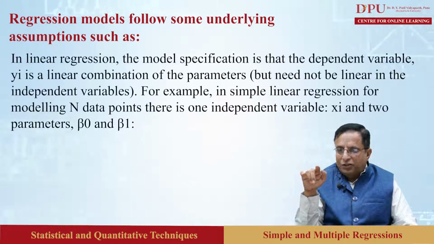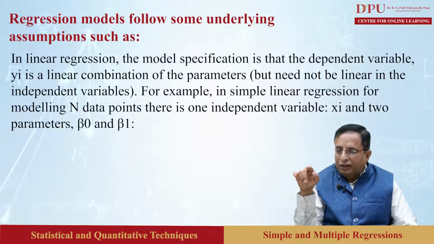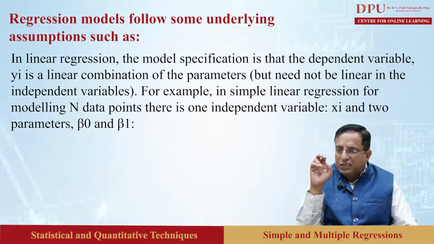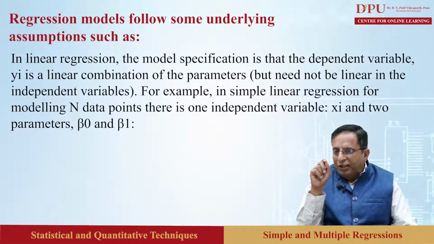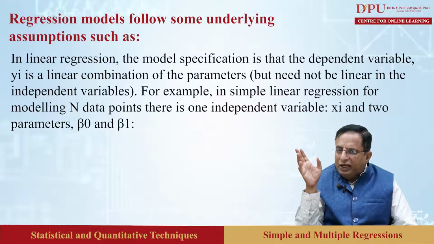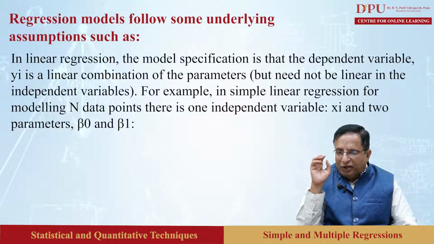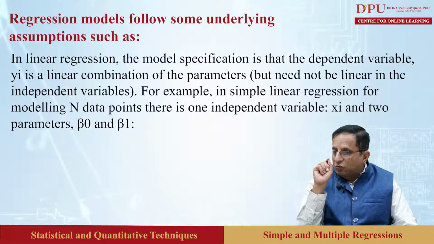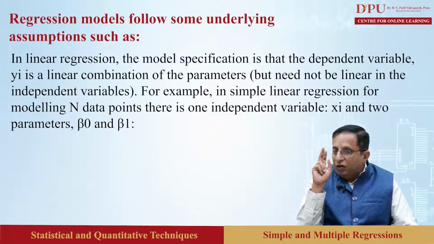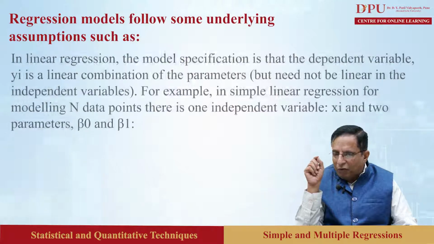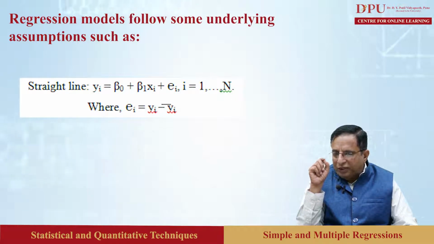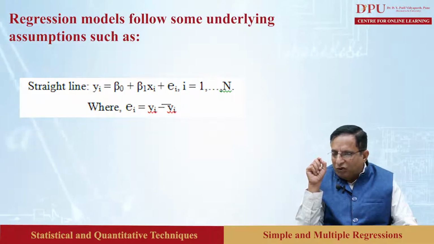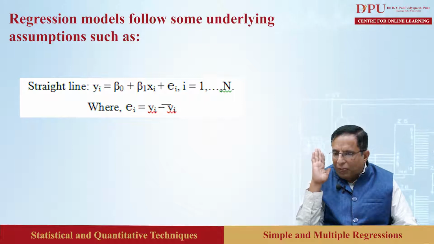Linear regression. In linear regression, the model specification is that the dependent variable yi is a linear combination of parameters, but need not be linear in the independent variable. For example, in simple linear regression for modeling n data points, there is one independent variable xi and two parameters, beta 0 and beta 1. Straight line: yi is equal to beta 0 plus beta 1 xi plus ei, where i is equal to 1 to n, where ei is equal to yi